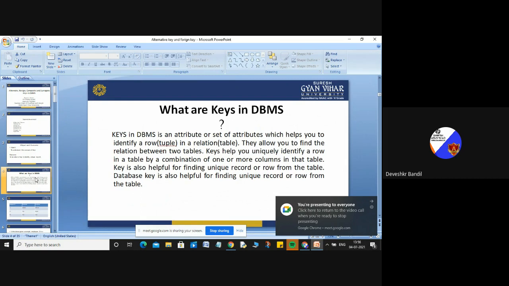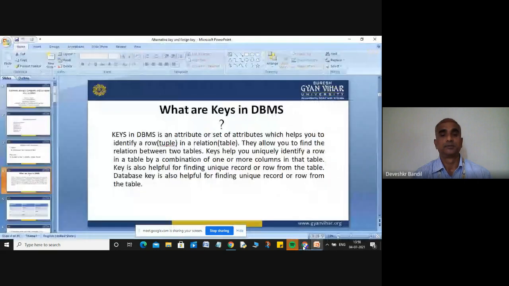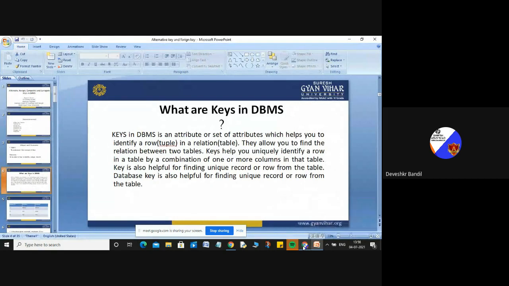First of all, I would like to discuss what a key in your DBMS is. As I told you, keys have a main important role in your DBMS. A key in your DBMS is an attribute or set of attributes which helps you to identify a row, tuple, or record in a relation table.